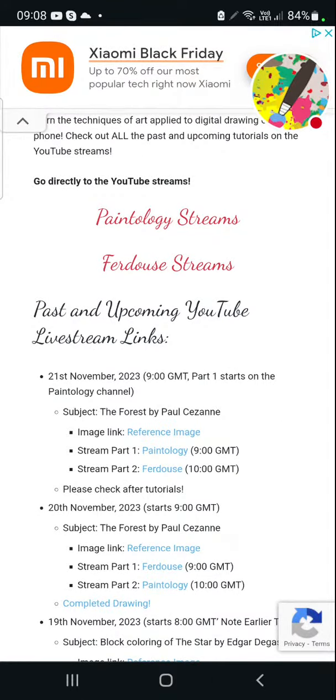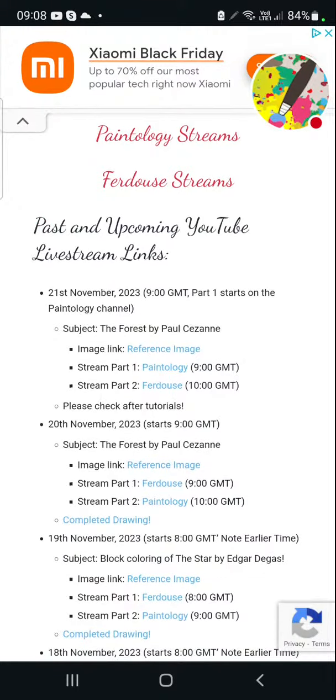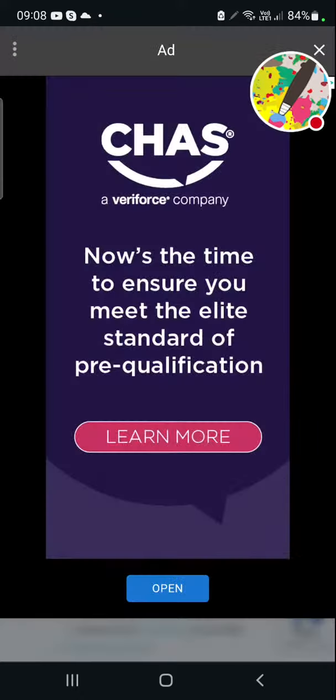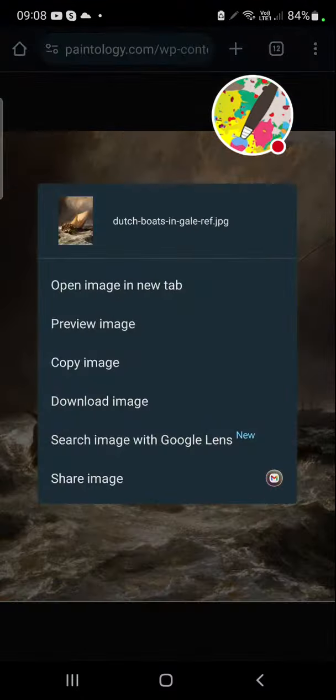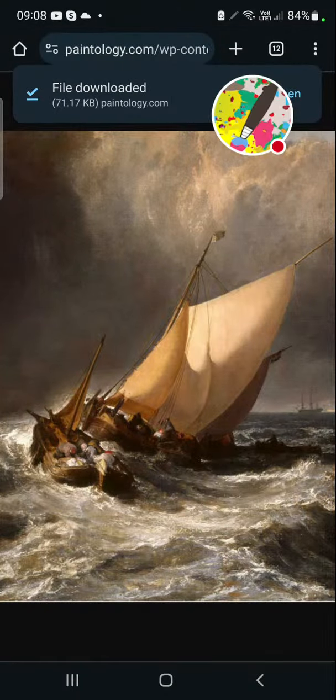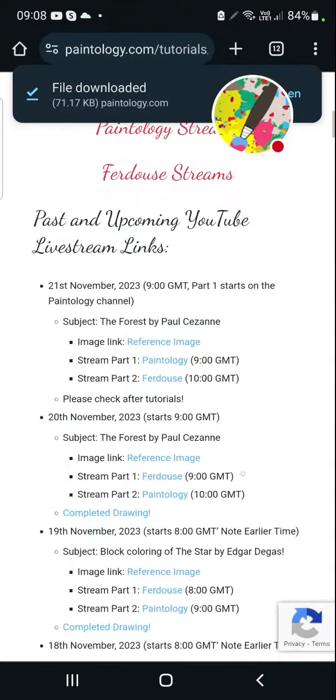I'm sorry, I didn't update this. This is not The Forest by Paul Cézanne. This is actually a drawing of William Turner. I forgot to change that. So click on the reference image there. So I'm going to download this image. So I forgot to change the subject. Apologies for that. So the image link, and then I'm starting with Paintology, which is the part 1, rather than